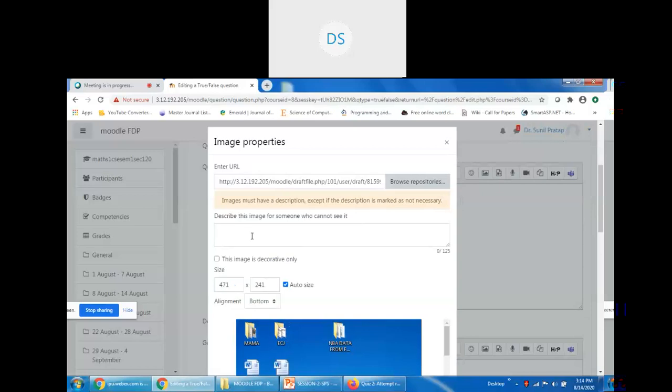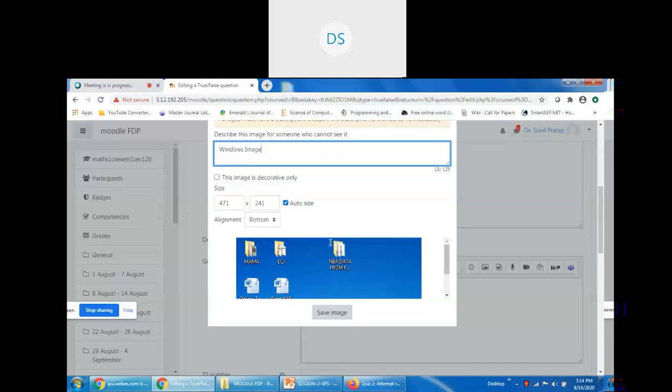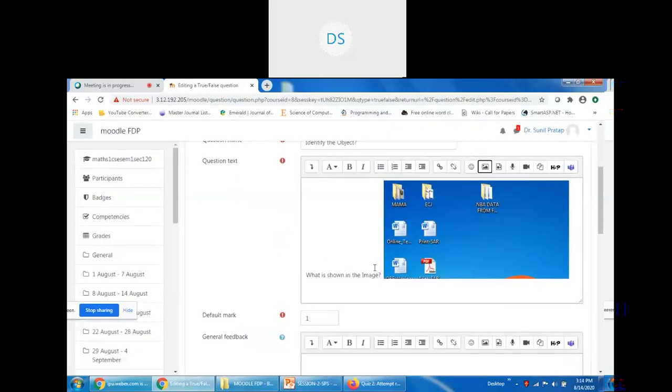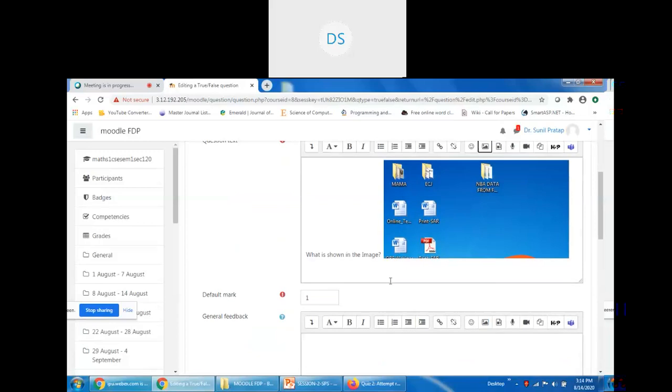Image must have a description. Okay. What is wrong now? So what is shown in the image?